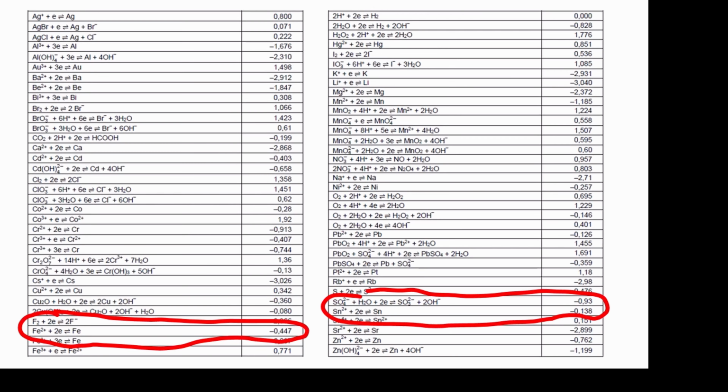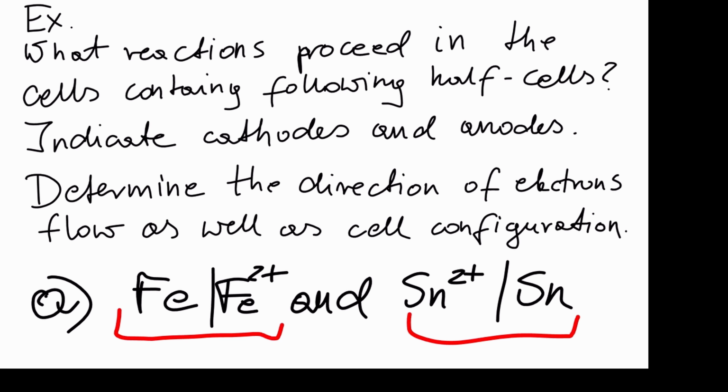What else do we need to do? Determine the direction of electron flow as well as the cell configuration. And of course, what reactions proceed in the cells containing the following half cells. So maybe at the beginning let's try to write a scheme, the scheme of this